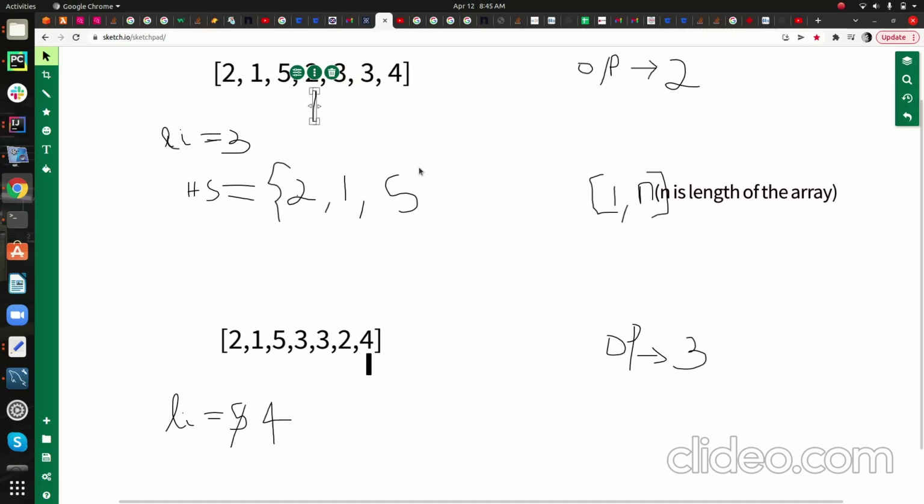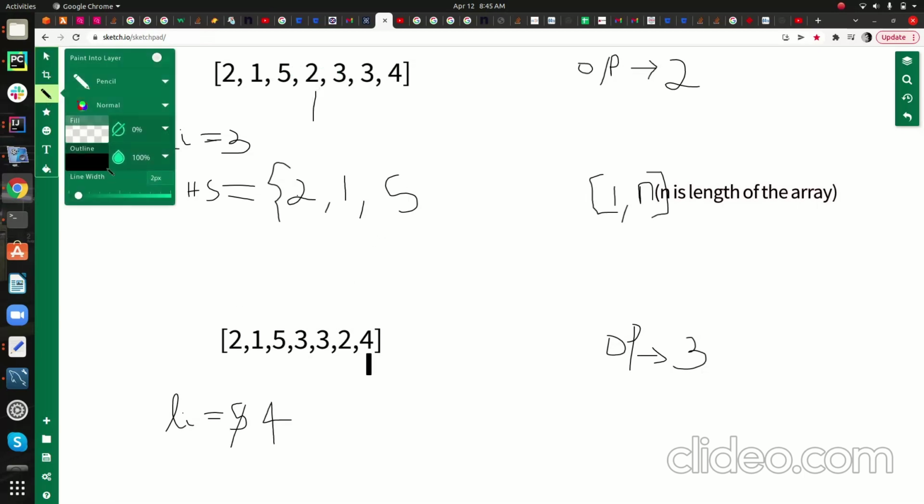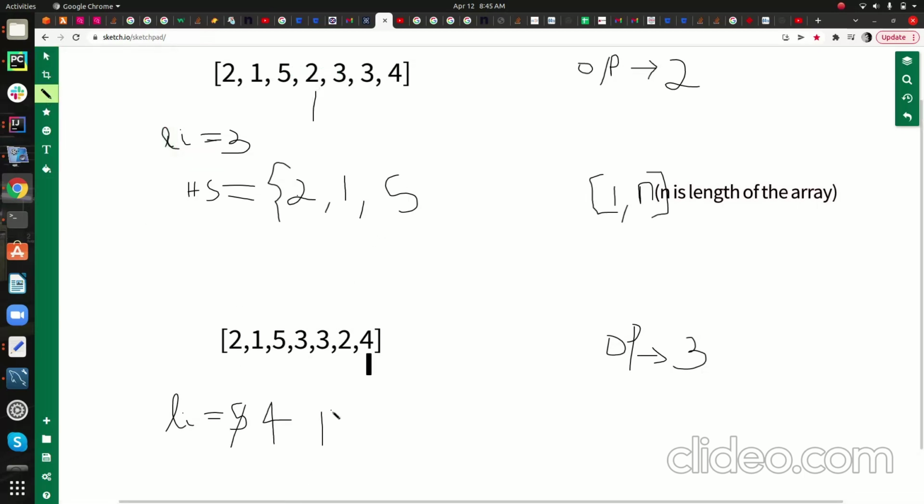We just keep adding the element into the hash set. If it is already present in the hash set, we give that as the output, or else we just add it in the hash set. So let's look at the same thing over here. Hash set is equal to